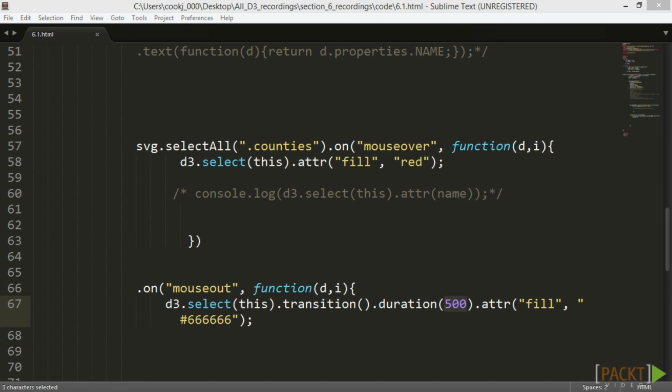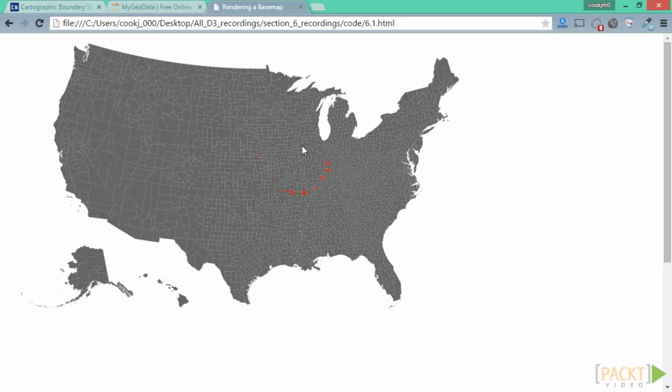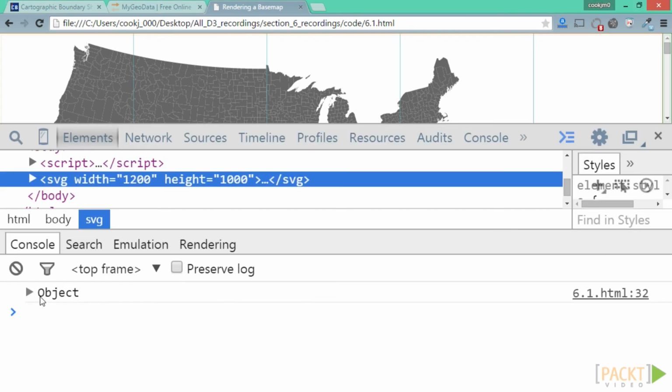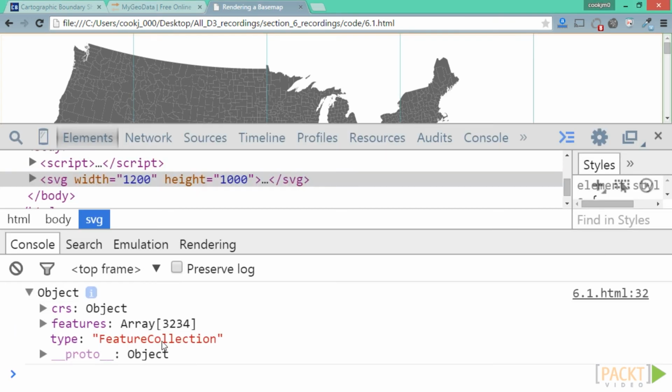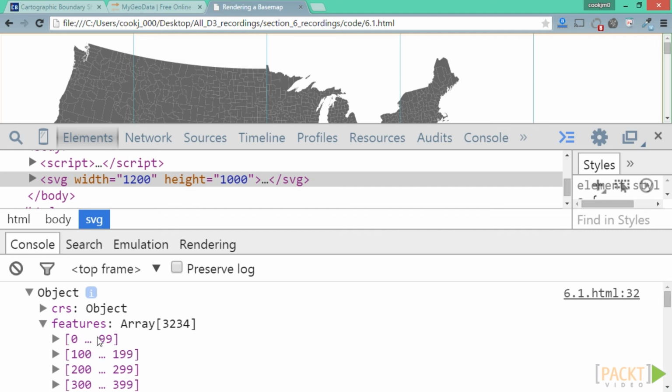Now that we've set up our map and given it a hint of interactivity, let's jump back into the browser and see the result. You might notice a slight lag when loading the map. This is due to our using GeoJSON and the large number of paths needed for all of our counties. To fix this, you can instead use TopoJSON, which lowers the pathing coordinates by combining the boundary polygons that share borders into single paths. If you open up your console, you can see the object with the type of FeatureCollection, including features of geometry